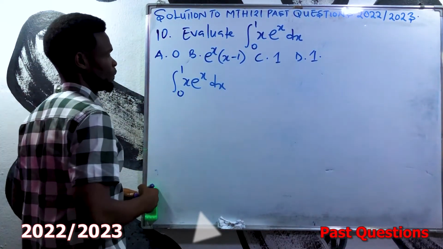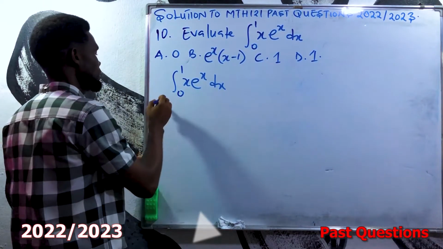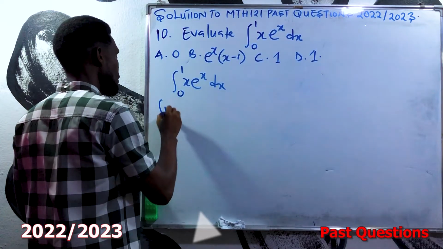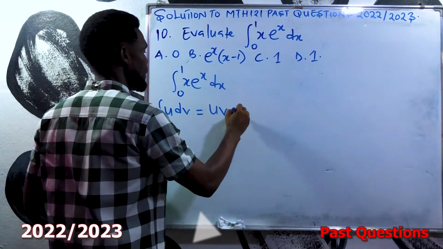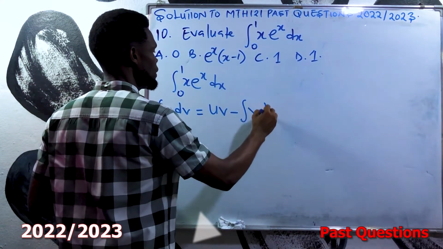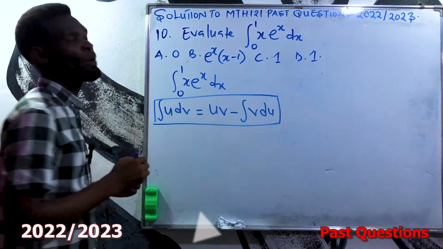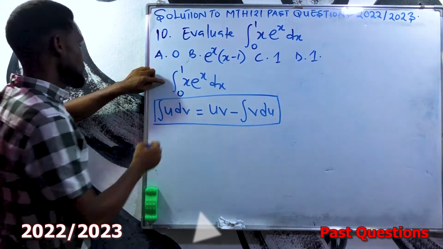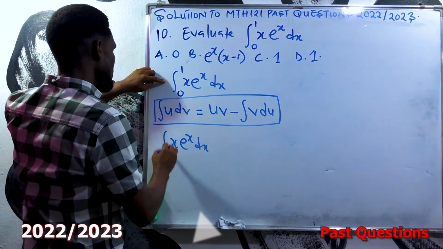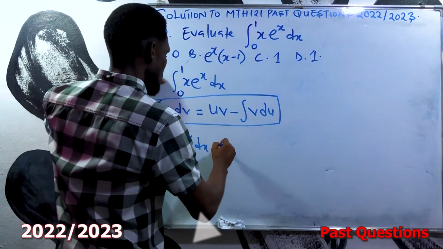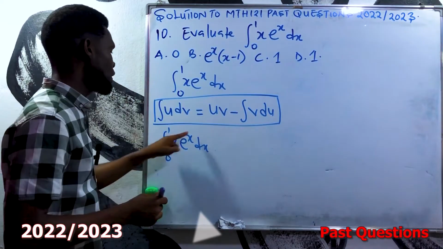That means I need the integration by parts formula to get this integral integrated. So I have to recall the integration by parts formula, that it is the integral of u dv equals uv minus the integral of v du. This is the formula for integration by parts. So now let's pick the integral. The integral of x exponential x dx from 0 to 1 is equal to, okay,